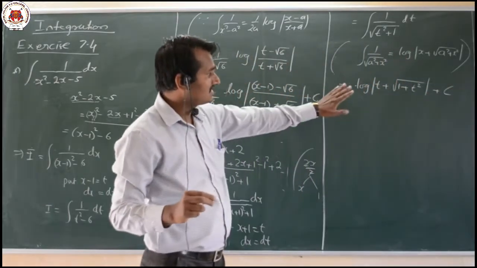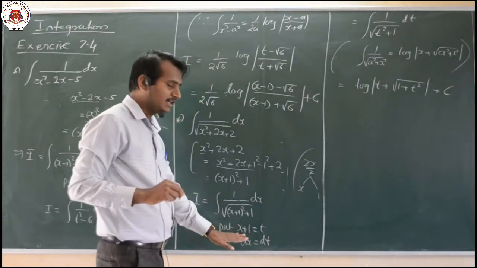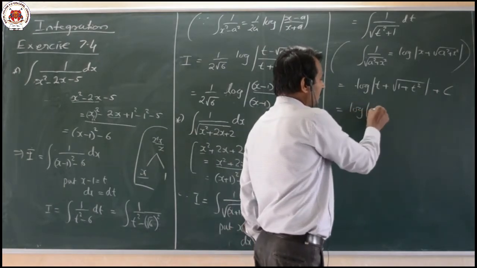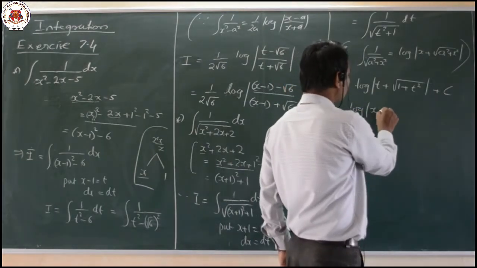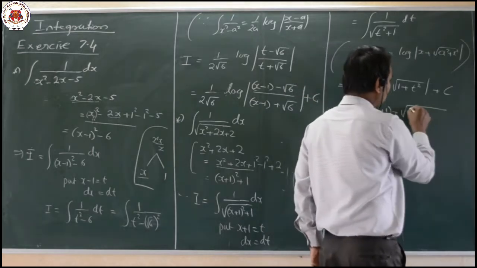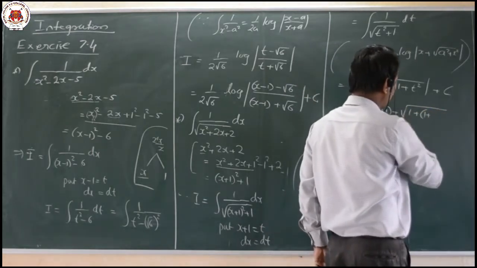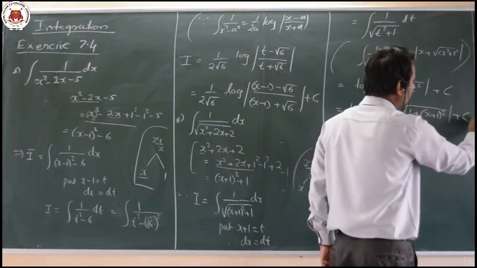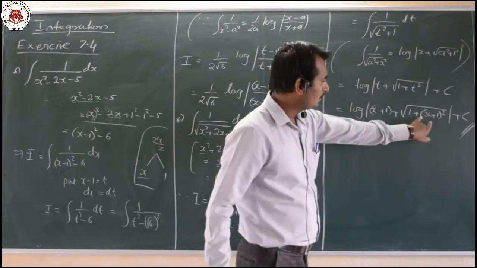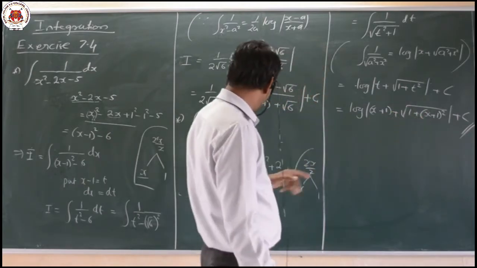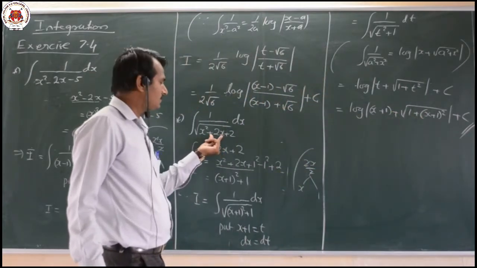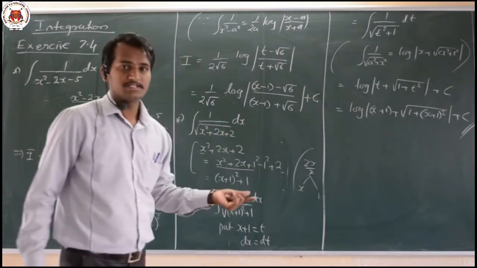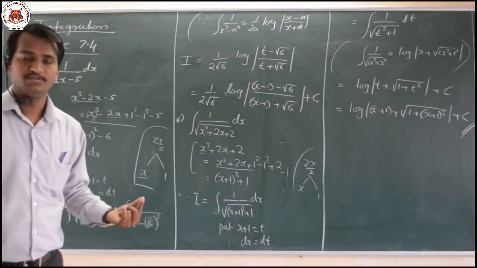Now here, what is the t value that we shall substitute? The t value is x plus 1, so substitute that. So what we get is log of x plus 1 plus root of x plus 1 whole square plus 1, plus an integral constant c. Now even though you solve it, you will again get the same question, that is root of x square plus 2x plus 2. Okay dear students, it is a very simple problem. So please pause the video to note it.